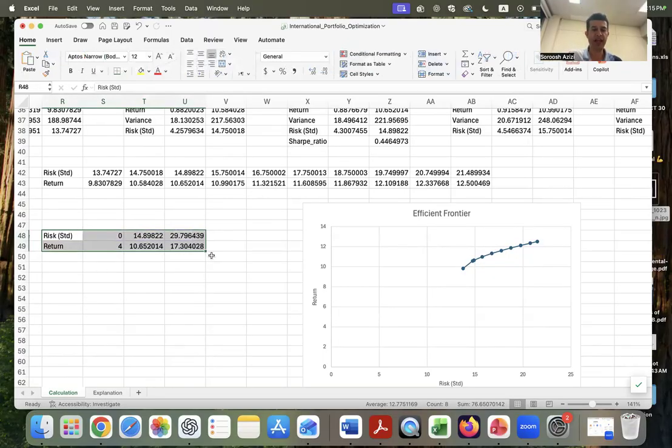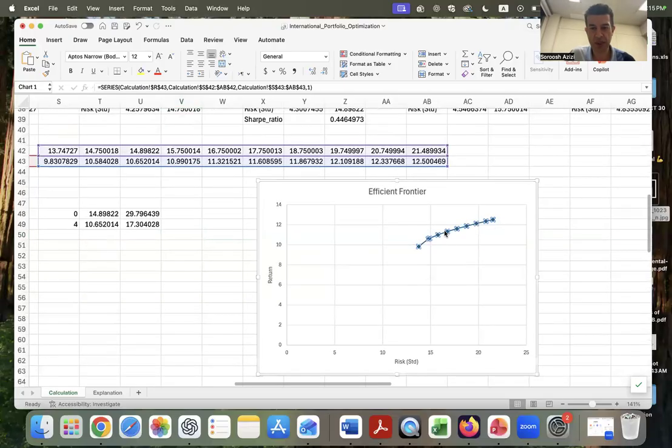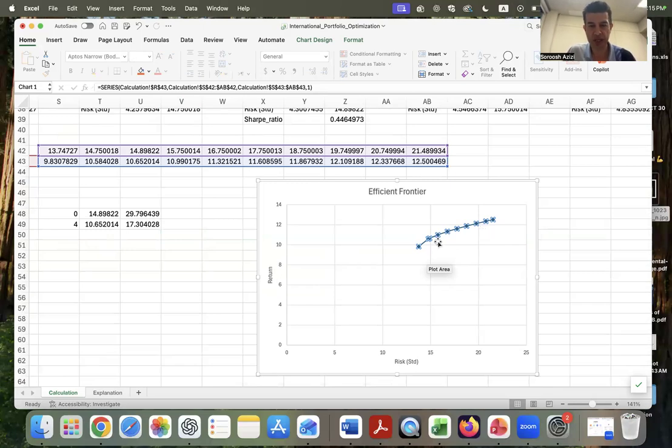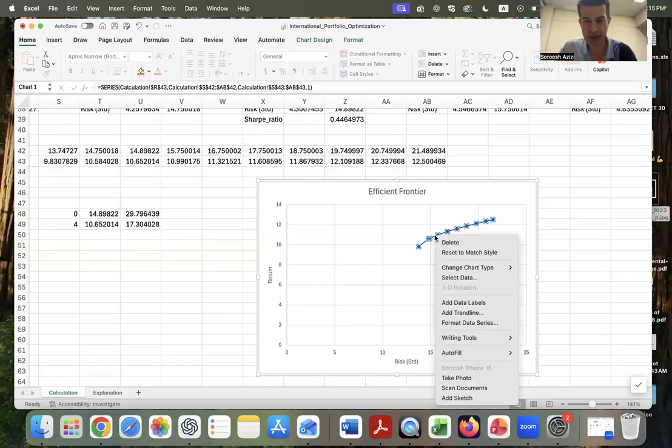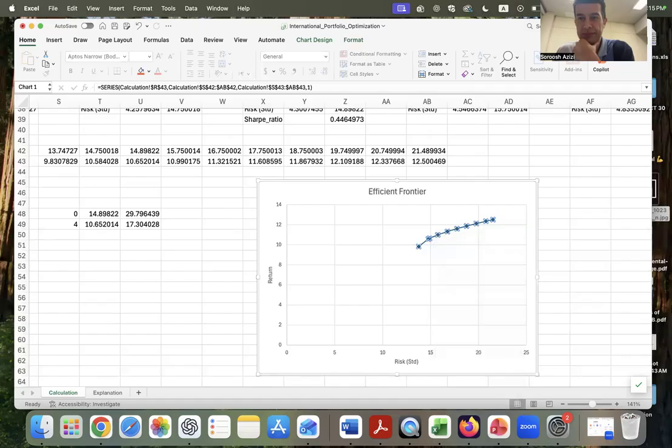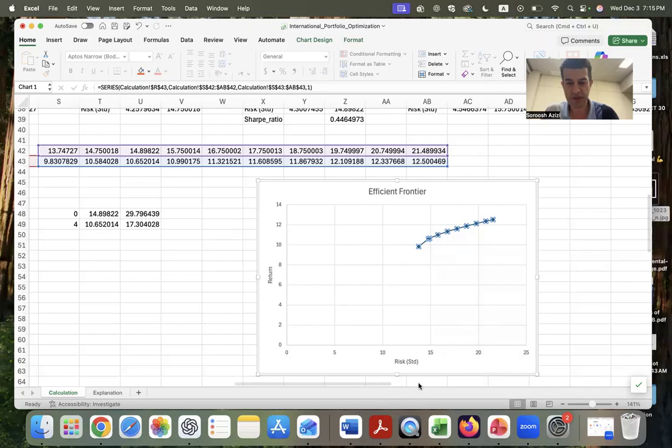We want to overlay this to this graph. There are different ways that we can do this. One of the ways that we can do,